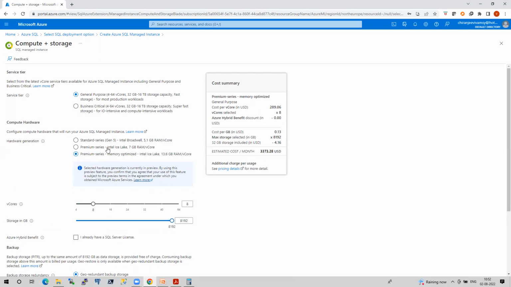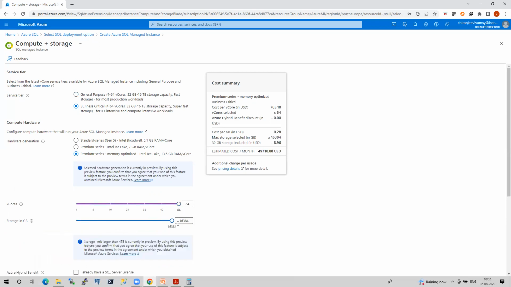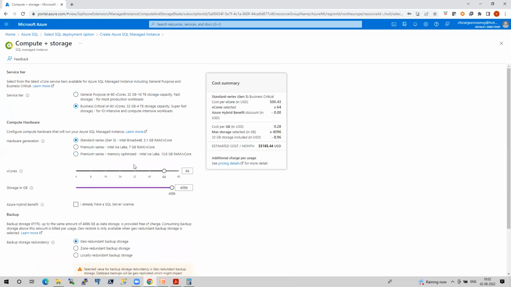I think in the slides they have mentioned 16 terabytes. Let's see this. I increase the vCores, but storage remains the same. So you have to increase the vCores also. Let's do it for standard series.